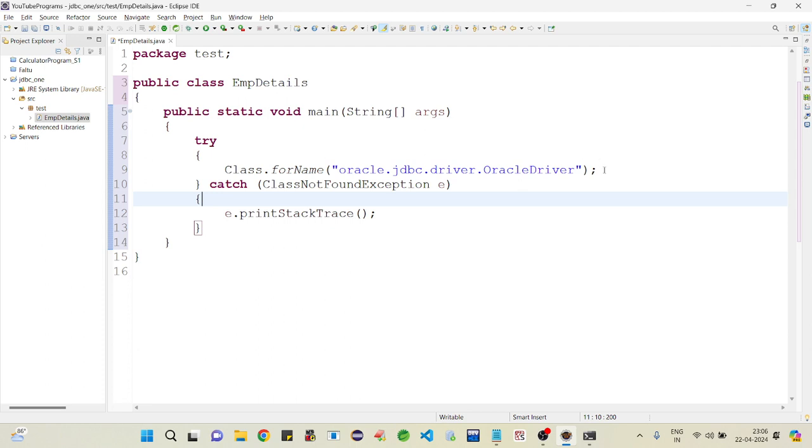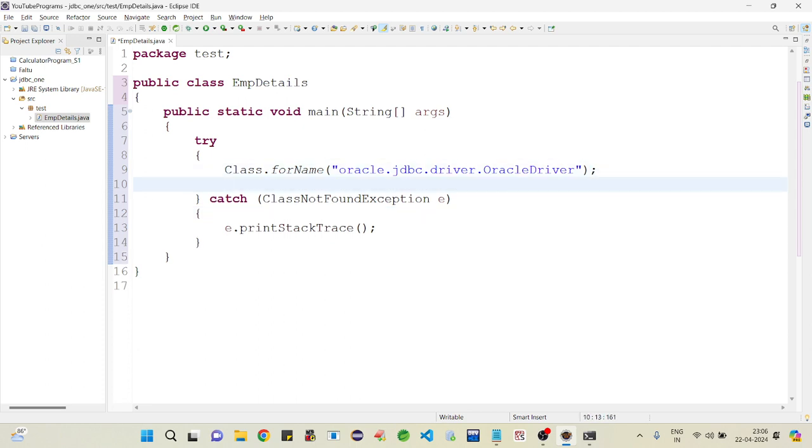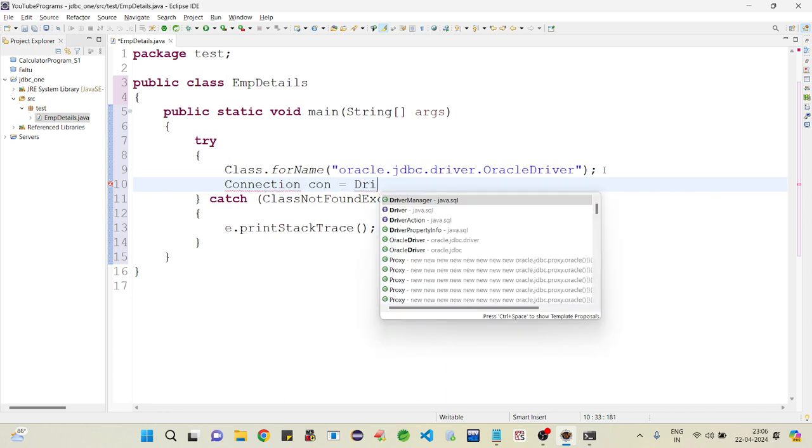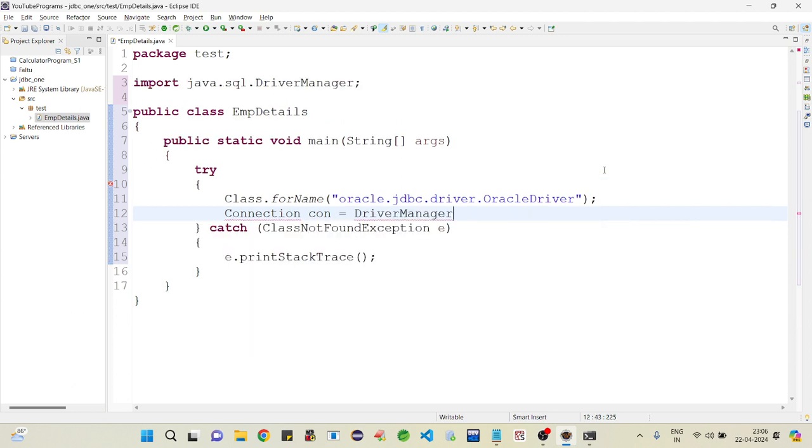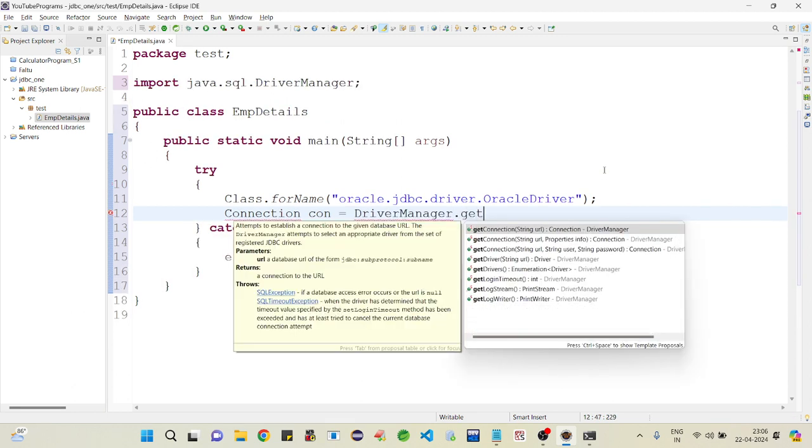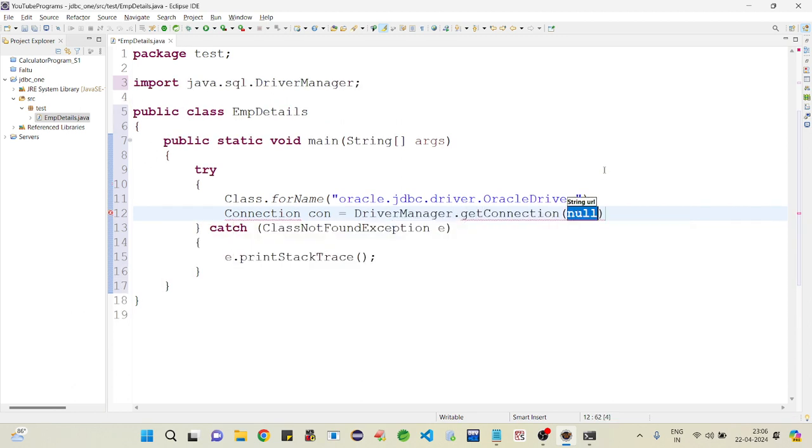We have to create the implementation object for the Connection interface, con. We use the DriverManager class to create the implementation object for Connection.